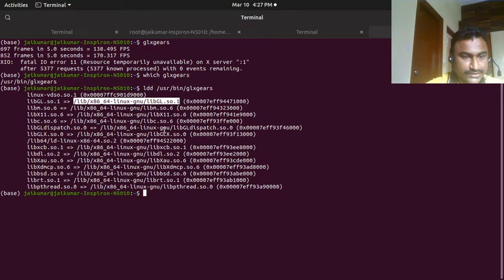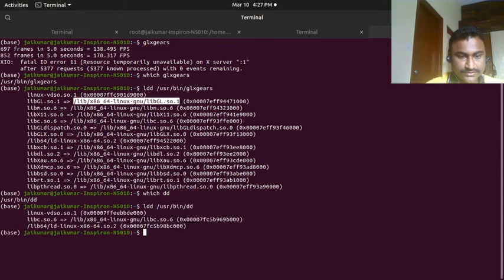Apart from that, the GNU C library is not used by this code, but other applications definitely will use it. For example, ldd /usr/bin/dd. This is not okay. Definitely Firefox.